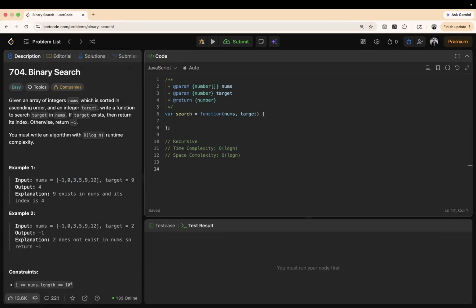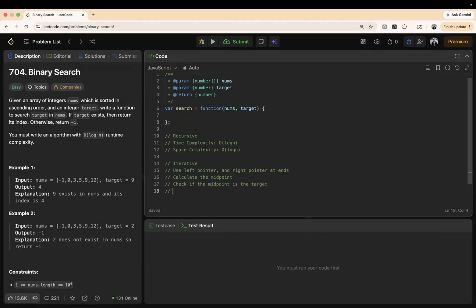So how else can we do this? That will be iteratively. Here we will use pointers, a left pointer and a right pointer, at both ends, calculate the midpoint, and check if the midpoint is the target, otherwise